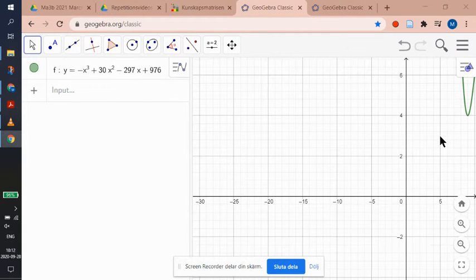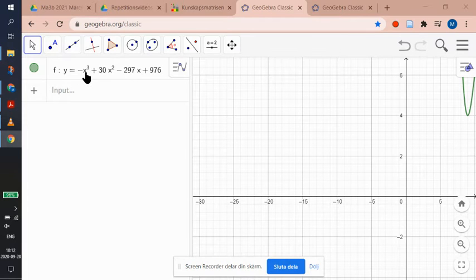Okay, so this is the figure that we're shown, and we're told that Philippe says that he can see that there's going to be precisely 1 zero to the function. Okay, and we need to explain this, and then find the zero. So I think that in order to understand this, we should maybe just